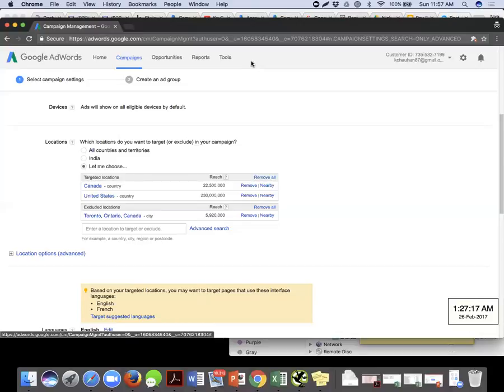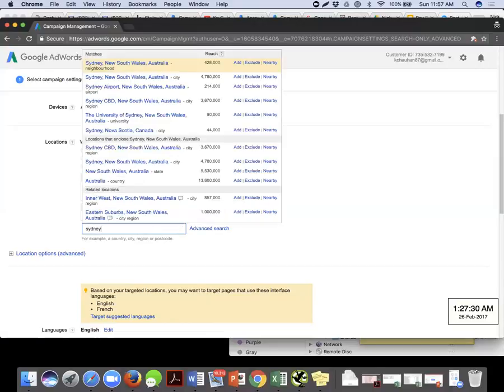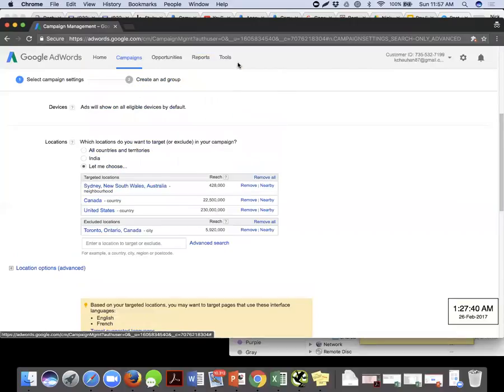I can select a new city, let's say, which is not part of any of these two countries. Maybe I can choose, let's say, Sydney in Australia. So Sydney comes in New South Wales, Australia. It's a city. I can go ahead and click on add. So what I've done, I have added two countries and excluded one of the cities which is part of one of the countries being selected. And I have added another city which is part of some other third country, right? This is just for the purpose of learning right now.